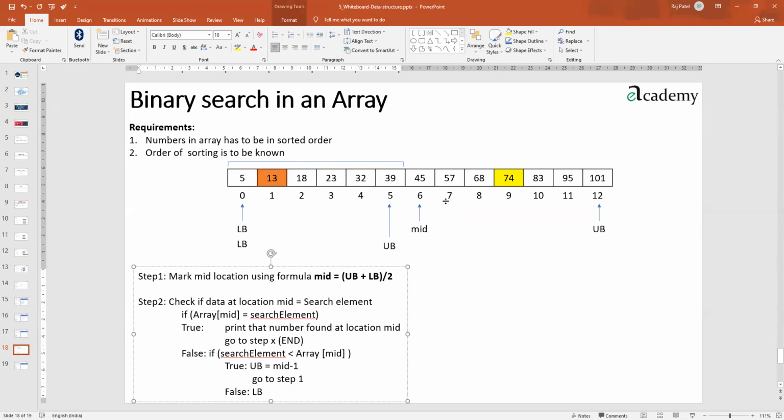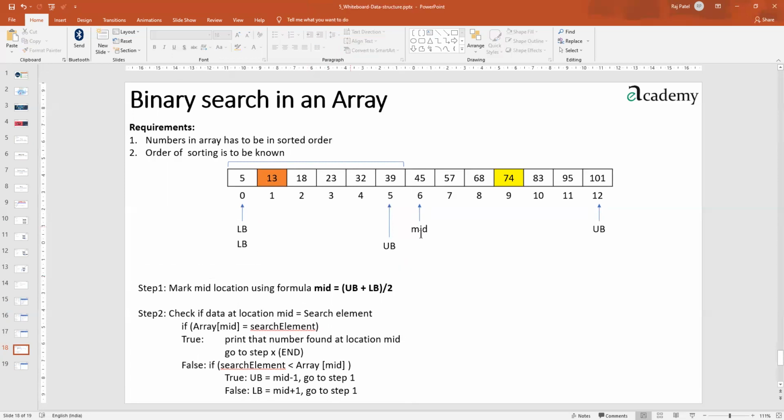LB will become mid plus 1. So we can do one thing. I'll remove both steps, or I'll say comma here. Do this and go to step 1, and here also do this and go to step 1. Got it? So in both cases, go to step 1.